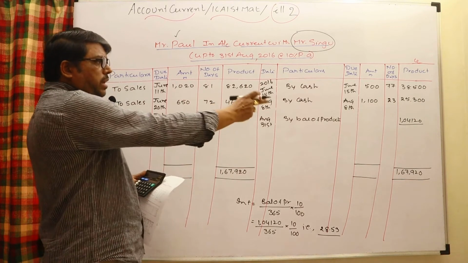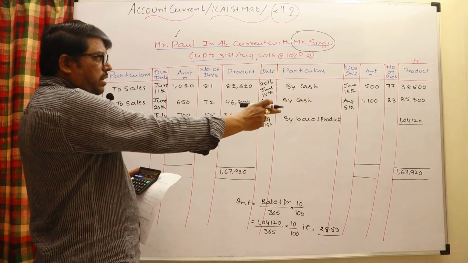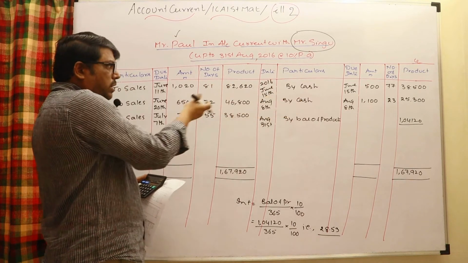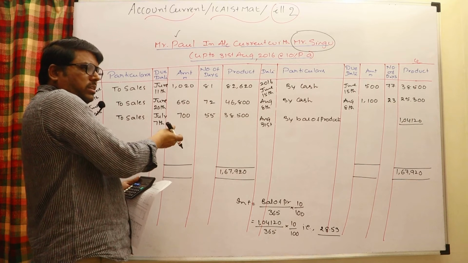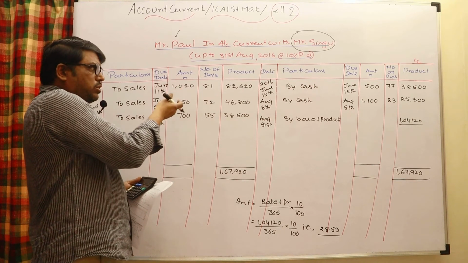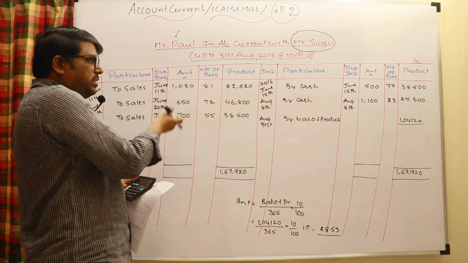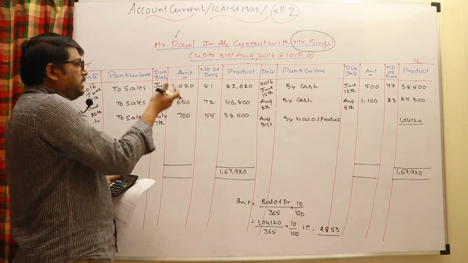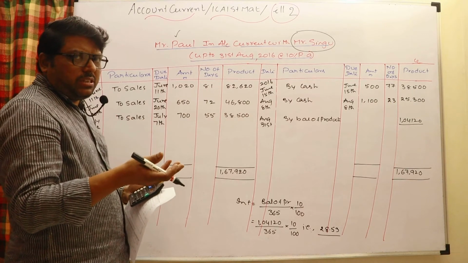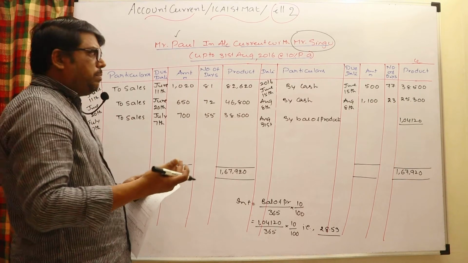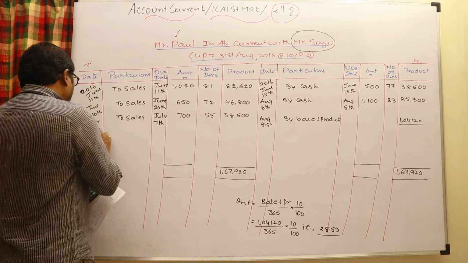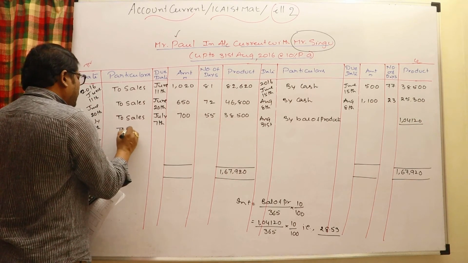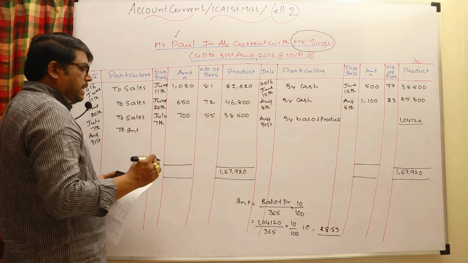And obviously when the balance of product is written on that side, it is because the amount is higher on this side. So the debit side, the debit product, is more. Interest also has to be written in; he is like a debtor to us towards interest. So you can make Paul a debtor for that. Interest is our income. Credit interest account, debit Paul account. So August 31st, to interest.